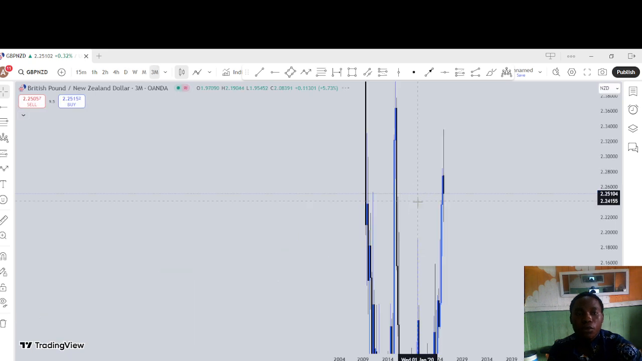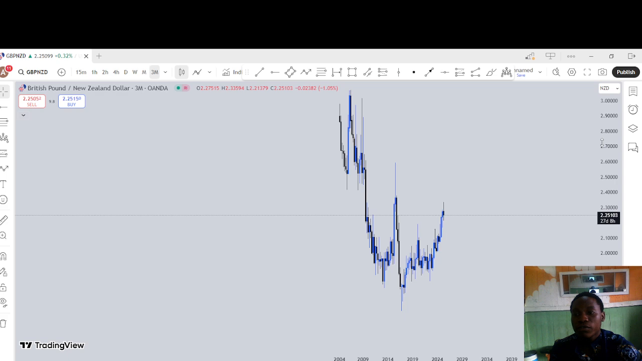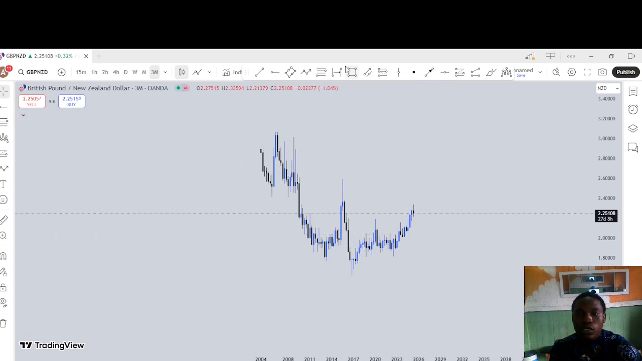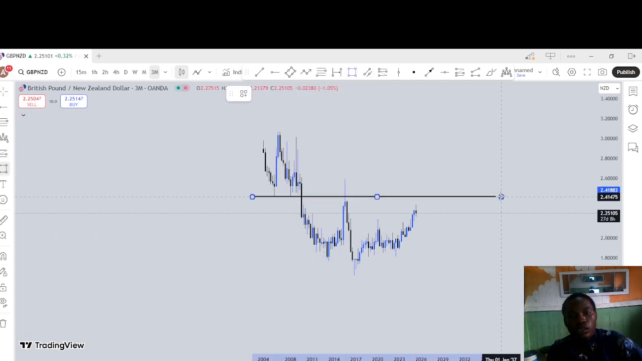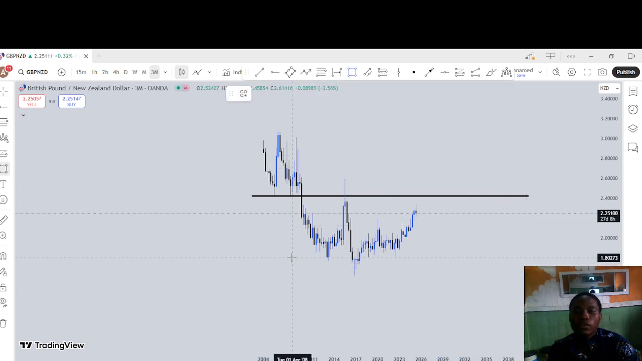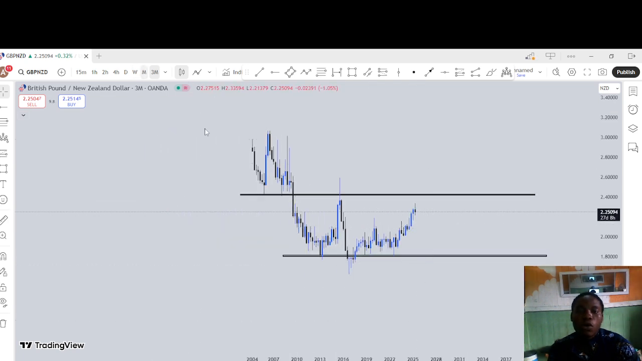So we start from the 3 month time frame. What are we doing on a 3 month time frame? We are basically marking our key levels, which are the support and resistance. So we have this level and this level, based on market structure. I think if you check my previous video, you will understand why I mark these levels. So on monthly,